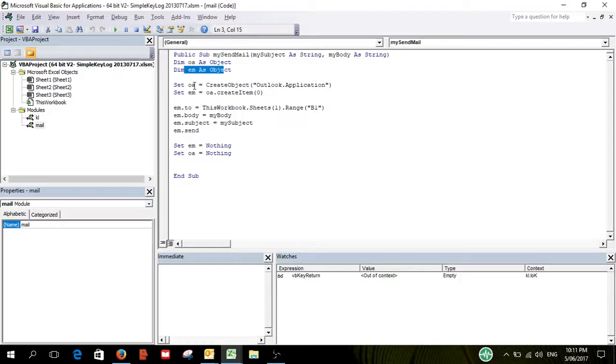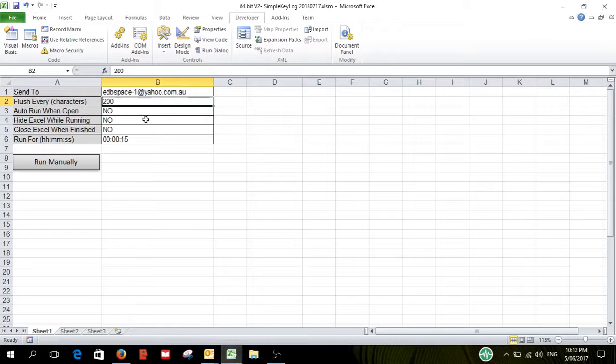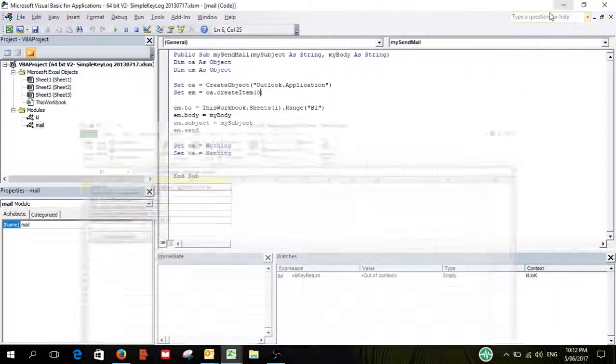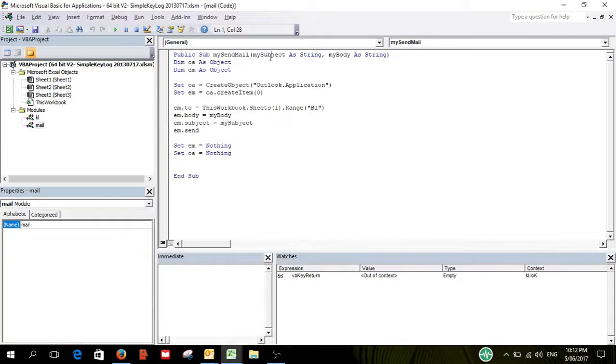Obviously you have to have Outlook on that computer to work, and we set the EM object to an Outlook item 0. Item 0 is a mail item. Could be calendar item or any type of item, but 0 makes it an email item. And the email to is what's in B1. Who you want to email to is that email address. And the subject is from here, keylog, and it sends, and then it clears